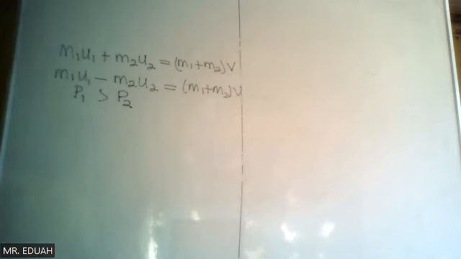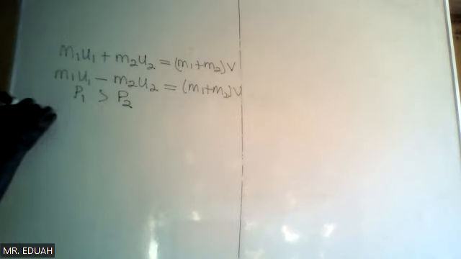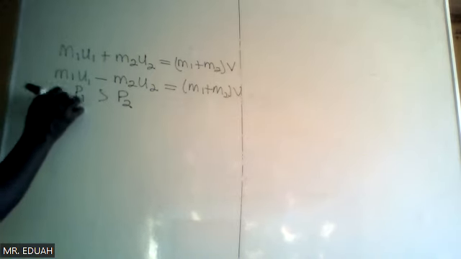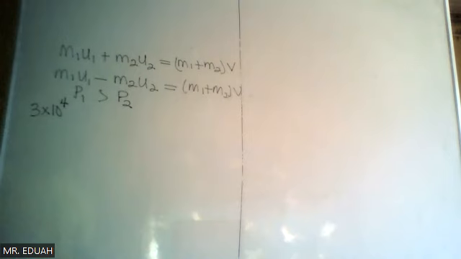So let's look at it for the same direction. Momentum of 1 will be its mass, 3 times 10 to the power 4, times